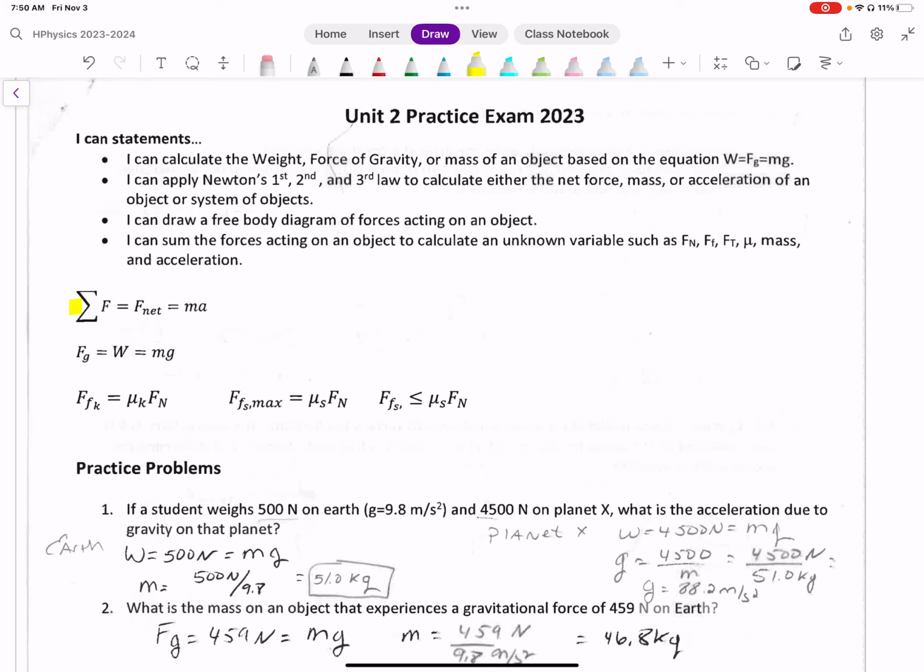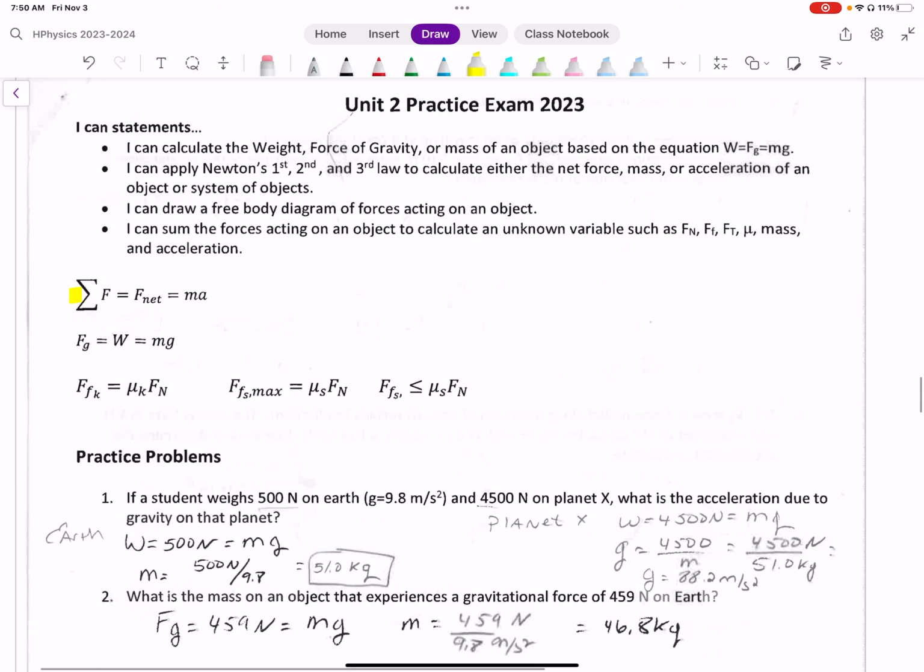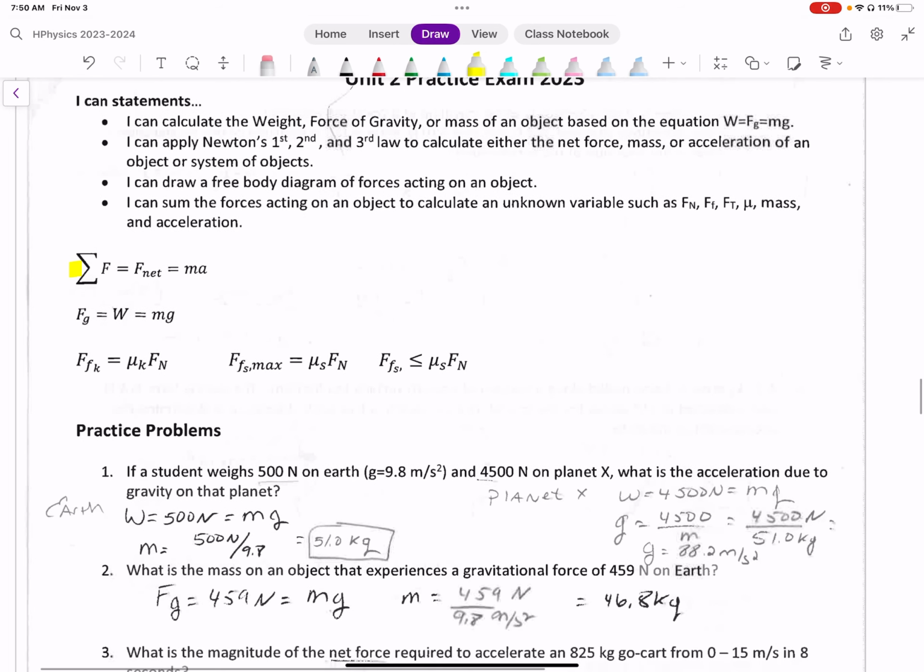We had the sum of the forces equals the net force, which is equal to the mass times acceleration. That's Newton's second law. We know that the force of gravity is equal to mg, which is also called the weight of the object. We have equations for two different types of friction. Force of kinetic friction, which is equal to the coefficient of kinetic friction times the force normal that's acting on